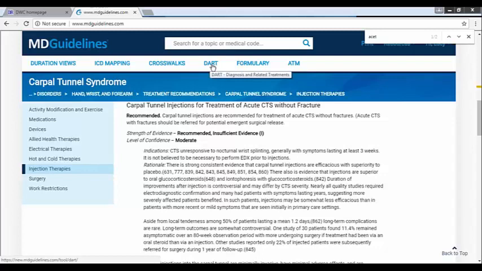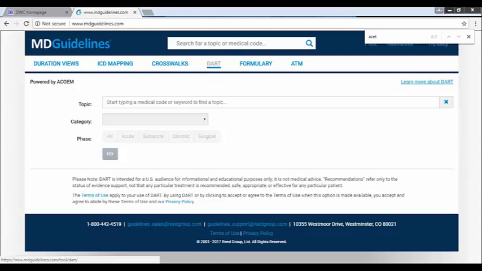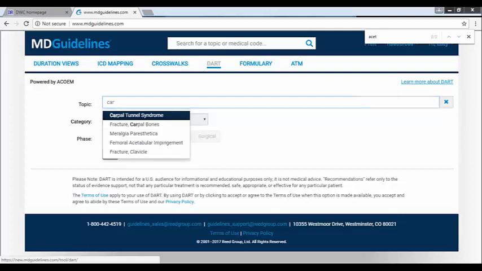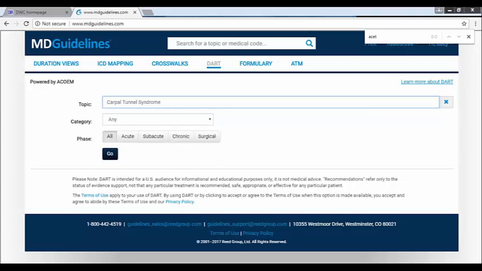So at this point, I'm going to open that tool, and I am able to start entering the diagnostic code that I'm looking for or the condition that I'm looking for. So whether I come in with 354.0, which is for carpal tunnel in ICD-9-CM, or G56.00, which is an ICD-10 CM code, or I can just start typing carpal tunnel. All of those are ways to navigate to the recommendations for this particular topic. Next, I have a drop-down, and I am going to go ahead and do this.